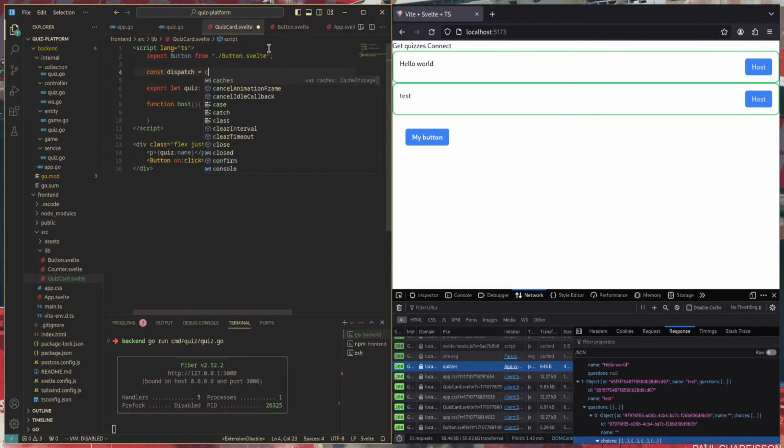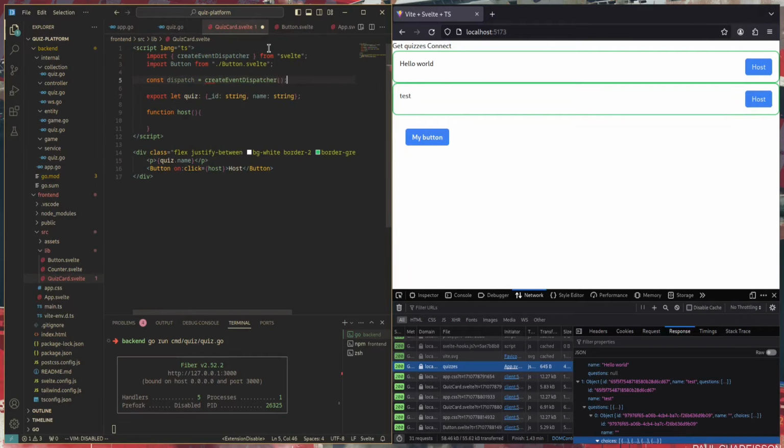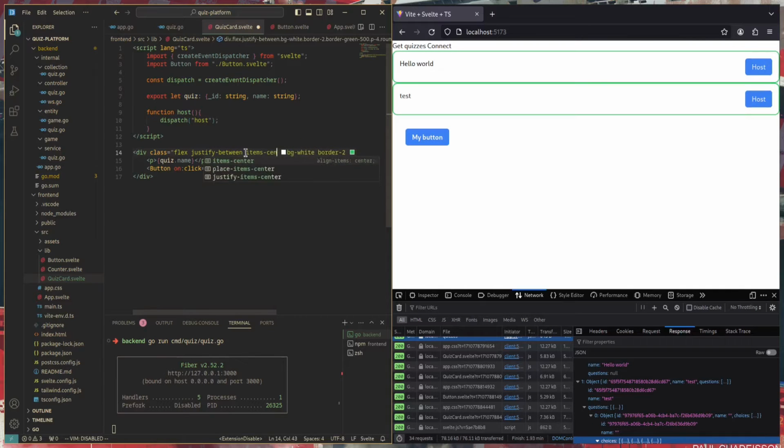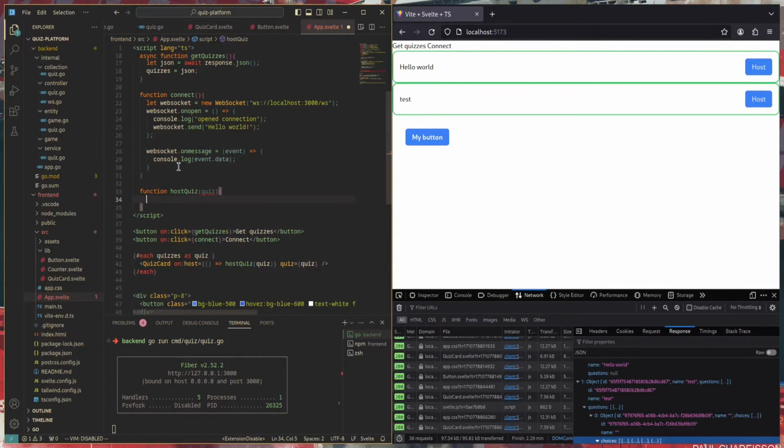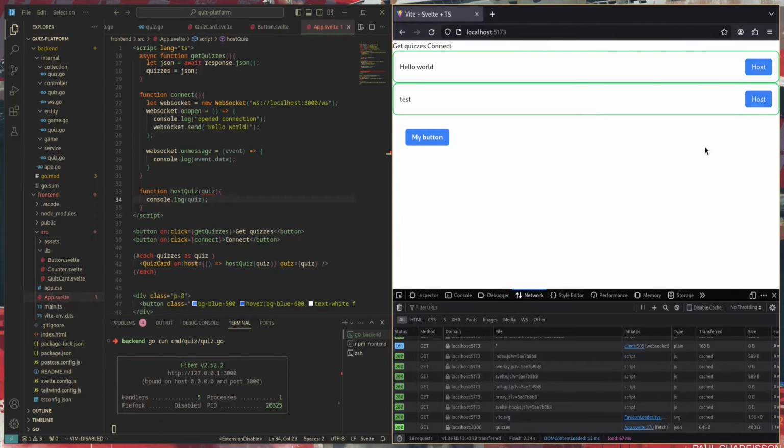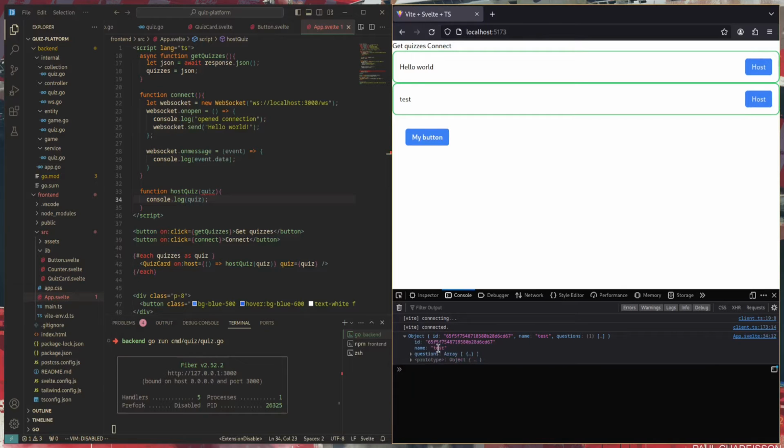And we can do this by using something known as event dispatching in Svelte. We can actually create our own event dispatcher and send custom events with whatever names we want. And I also noticed here that the text is not centered, so let's add items center to center align that text. So now we can actually use our custom event here with onQuiz and pass in an anonymous function, and we will just call this host quiz function that I defined, but we will use the quiz variable that we get from the each loop. So let's go ahead and try that. We can see that we get an object displayed in our console, which is the quiz that we have clicked